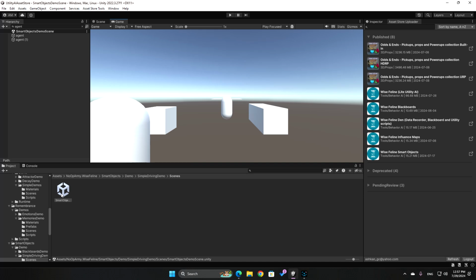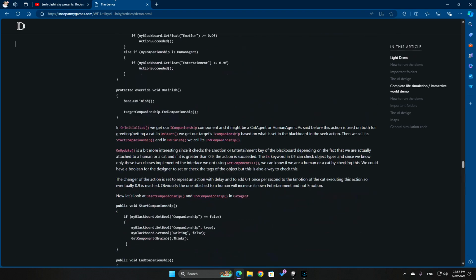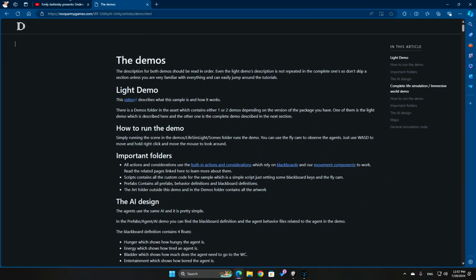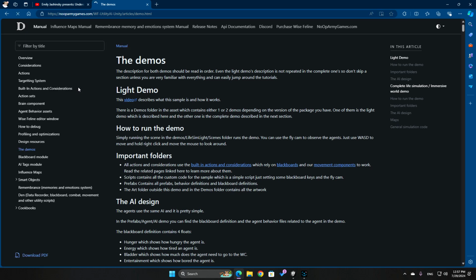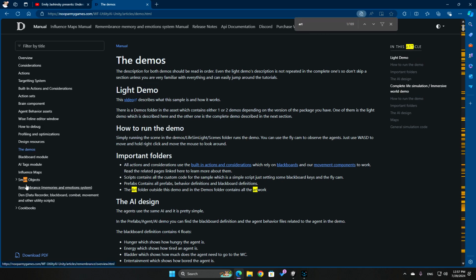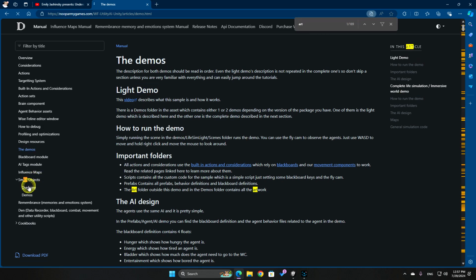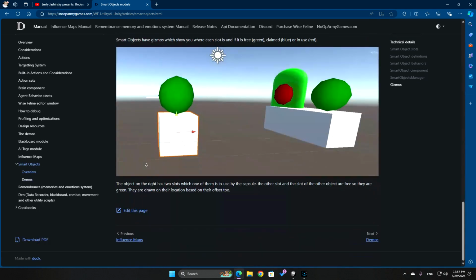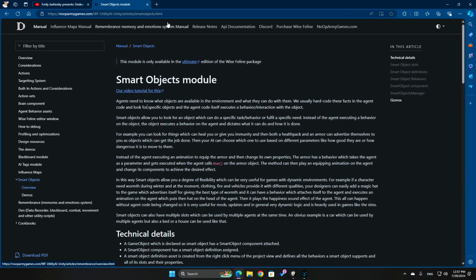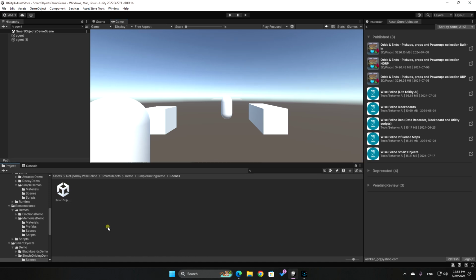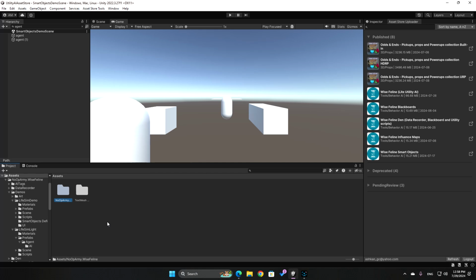And we have full videos for all of these linked in their part in the documentation. For example, let's say you want to learn more about smart objects, you can simply open their section and learn about them, and there are specific videos for each of these. And you can get the whole package, with utility AI, smart objects, influence maps, memory and emotion system, everything